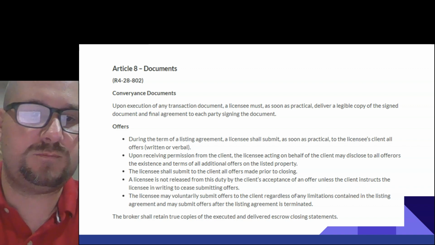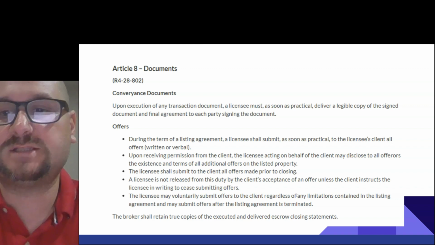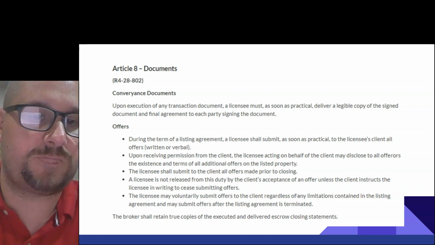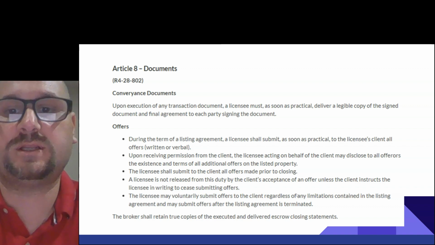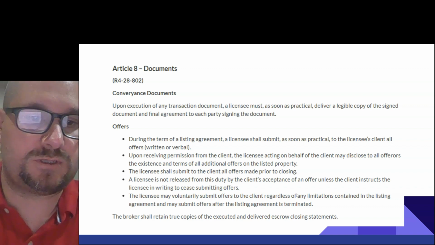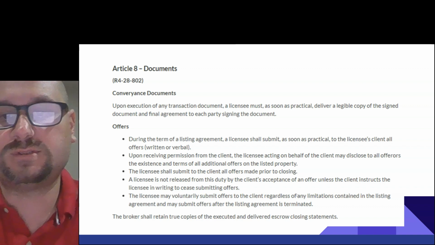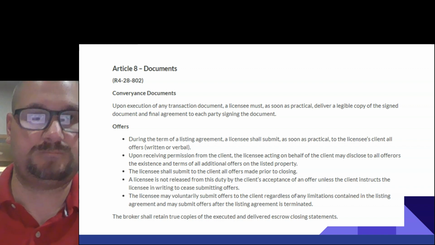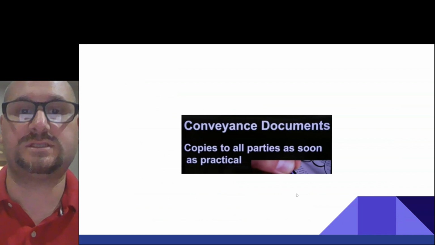The licensee may voluntarily submit offers to the client regardless of any limitations contained in the listing agreement and may submit offers after the listing agreement is terminated. The broker shall retain true copies of the executed and delivered escrow closing statements. Conveyance documents, so copies to all parties as soon as practical.